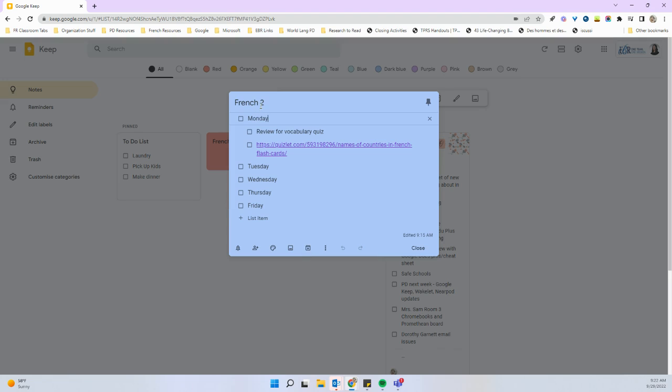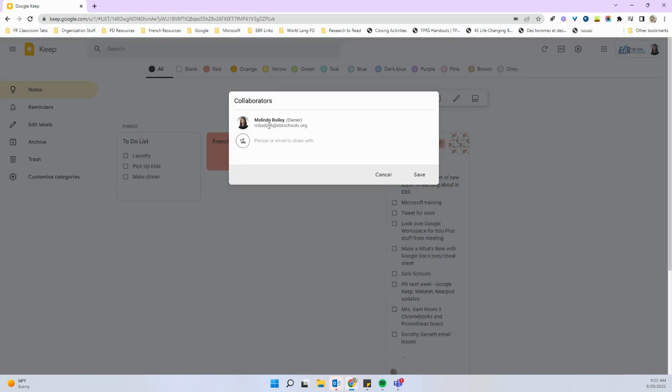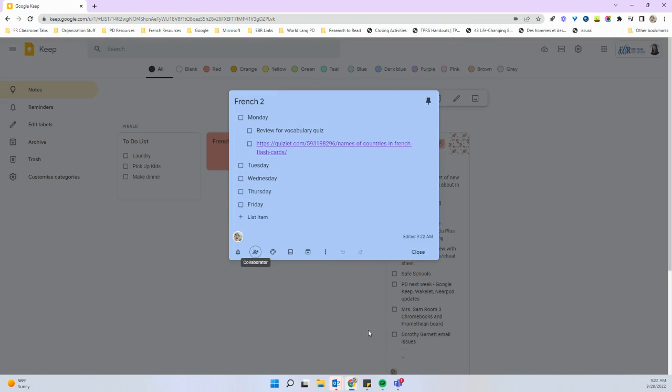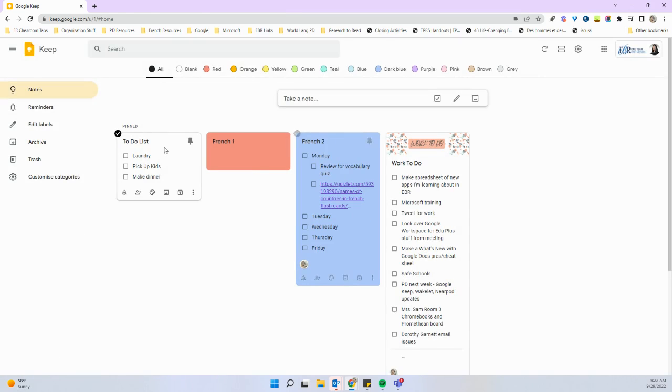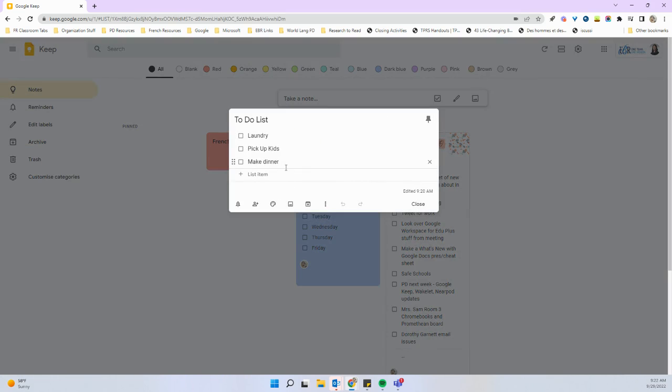If there is another person I would want to share my Google Keep note with, I can just type in their email and the Google Keep note is shared with them and it will automatically show up in their Google Keep. So here I'm going to go ahead and close this note. I'm going to go back to my to-do list, and if I want to jazz it up and add